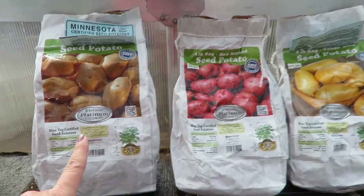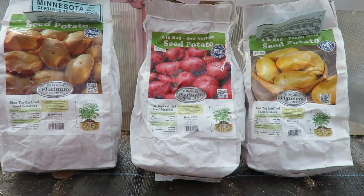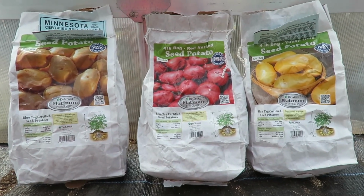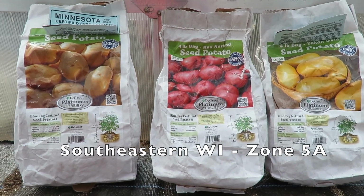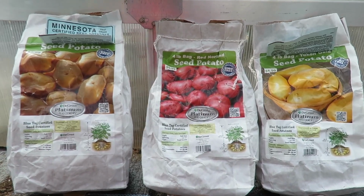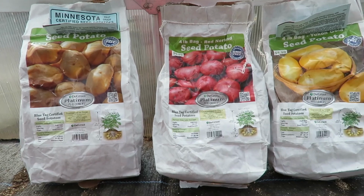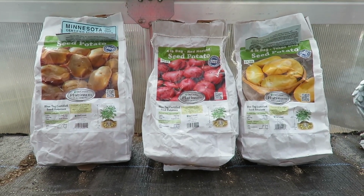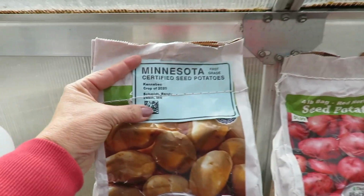Now I buy my seed potatoes locally, so I don't send off for them. And one of the reasons is because I want a variety that's going to work in this area. So I happen to get my seed potatoes at Tractor Supply. Another good farm equipment place, farm supply place is really good. Your feed stores are really good. Maybe even your local nurseries. But I always like to see this